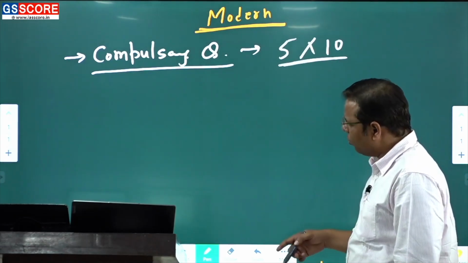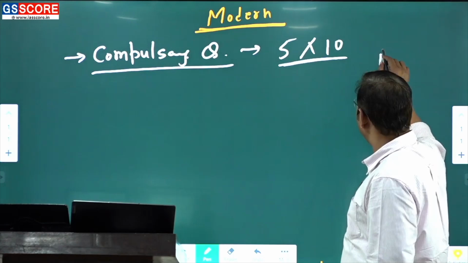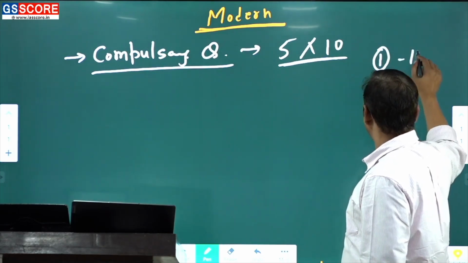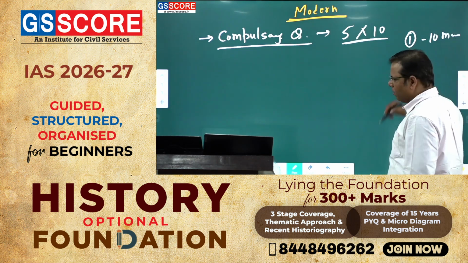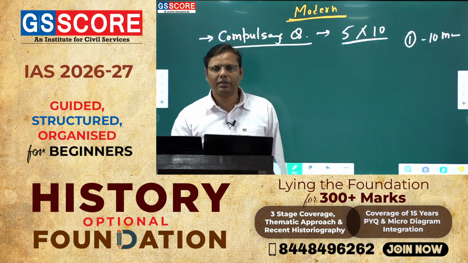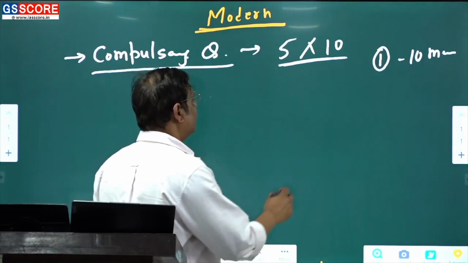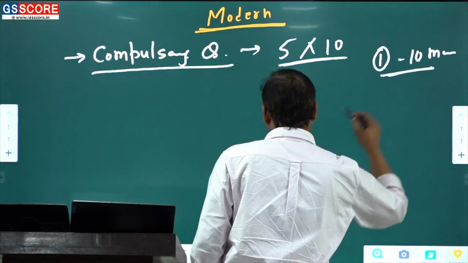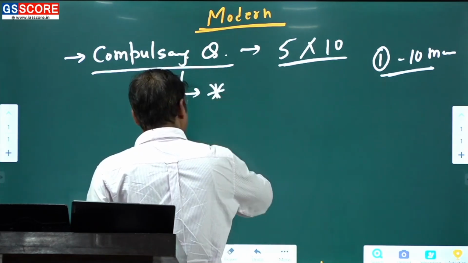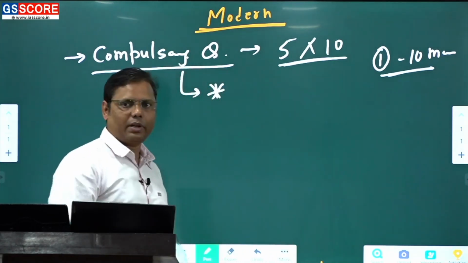If you think that out of these 5 questions, if I skip one, let's say you did not attempt one question, in that case you are just losing 10 marks. If your perception is this for the history optional paper, then it is a wrong perception. Why is it a wrong perception? Because it is not about just leaving one question. What happens? They are made compulsory.